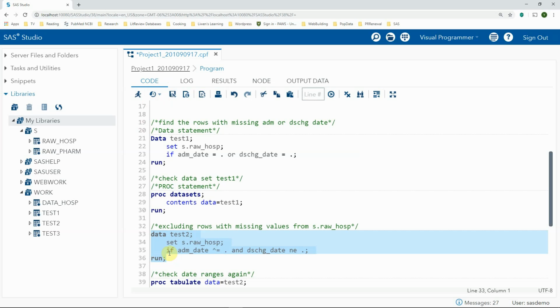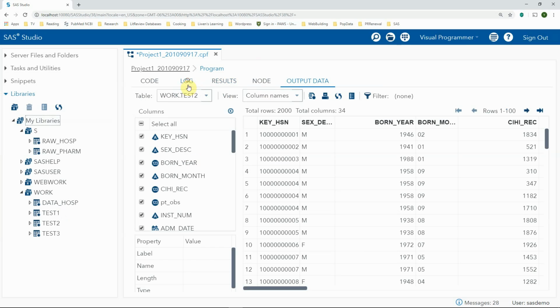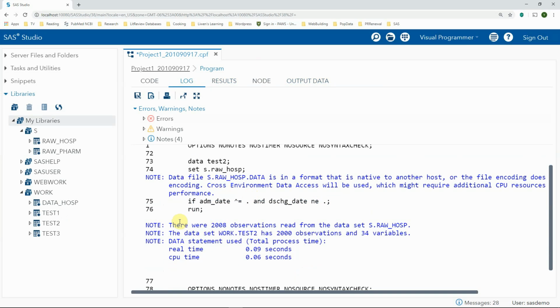This one is using the if condition. So let's check the log file, and it says that there were 2008 observations read from the data set, and then there are 2000, right? So these two lines imply that there is a